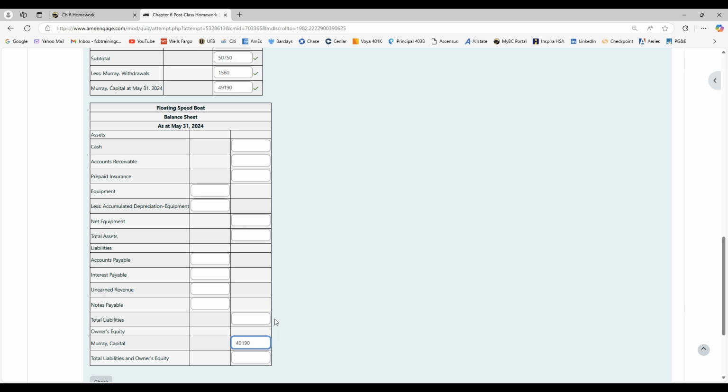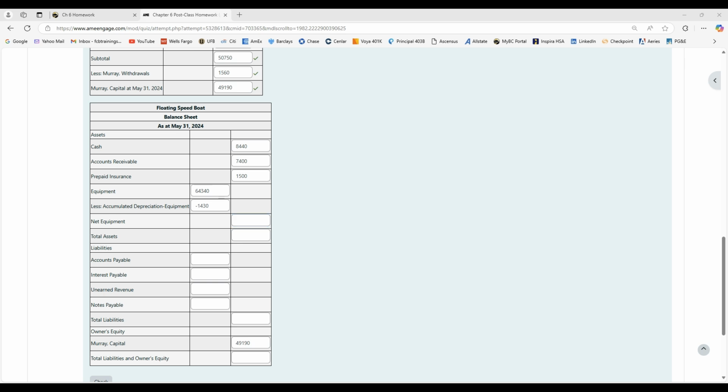So that goes here. And the balance sheet then we just go through basically and populate the balance sheet with all the balance sheet accounts. And I'm just pulling these directly off of the adjusted balance sheet above,